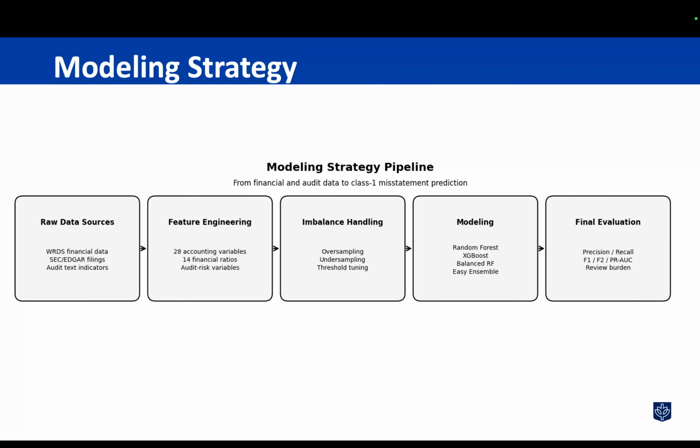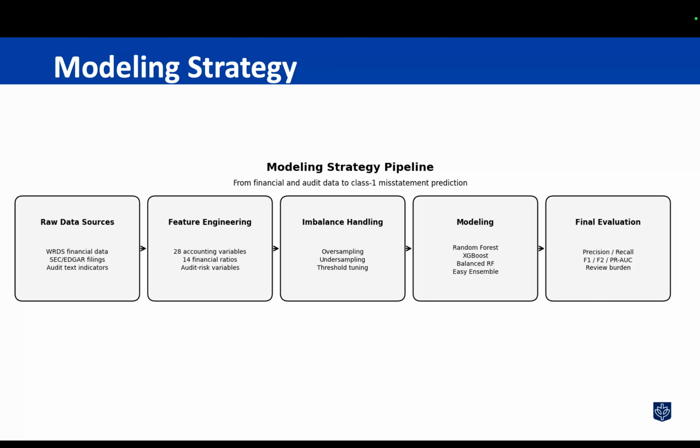My modeling strategy followed a full pipeline. I started with the raw financial data, the SEC EDGAR filings information, and audit text indicators. Then I engineered features using accounting variables, financial ratios, and audit risk variables. Since the target class was extremely rare, I tested several imbalance handling methods, including oversampling, undersampling, and threshold tuning.